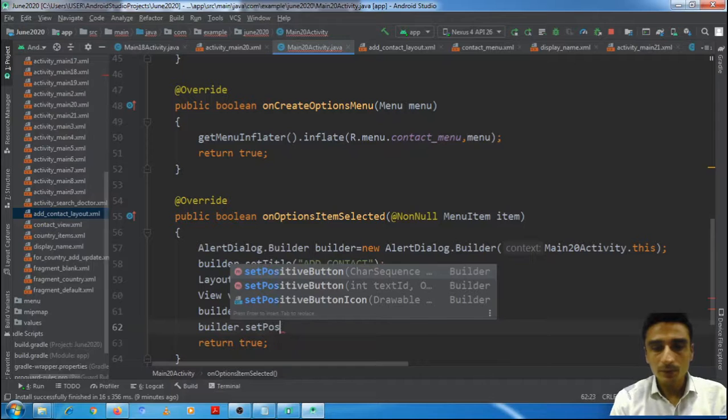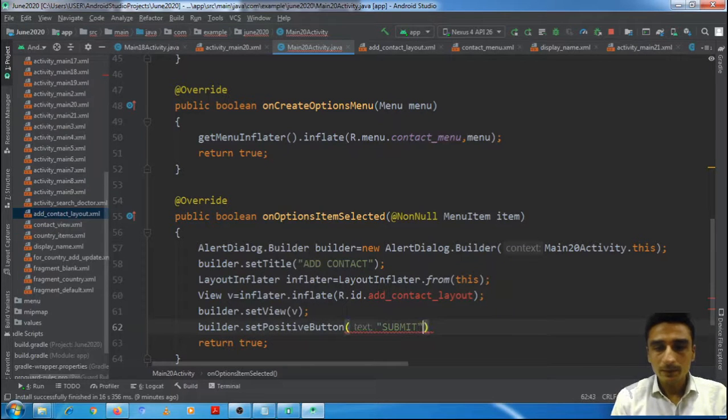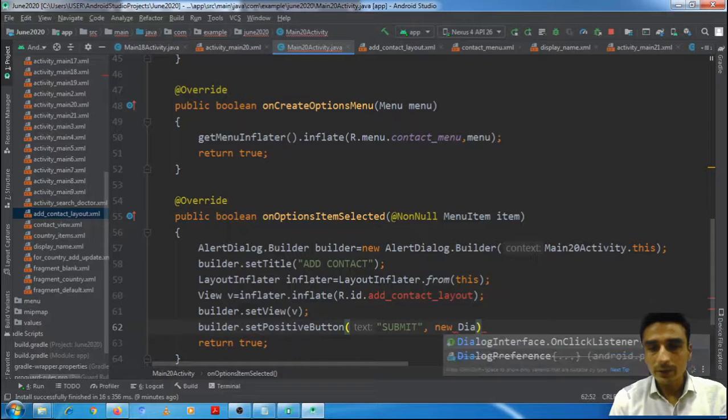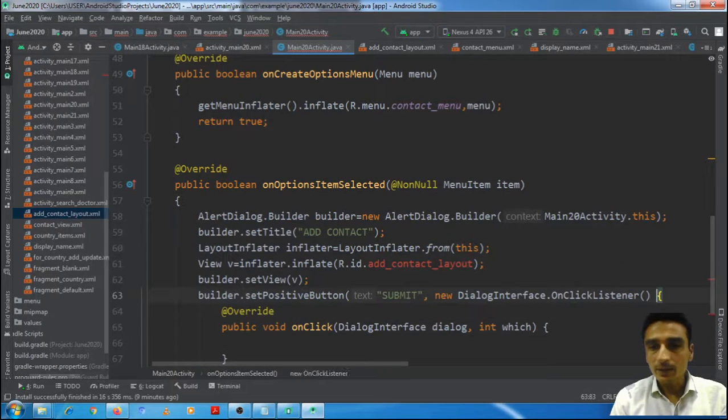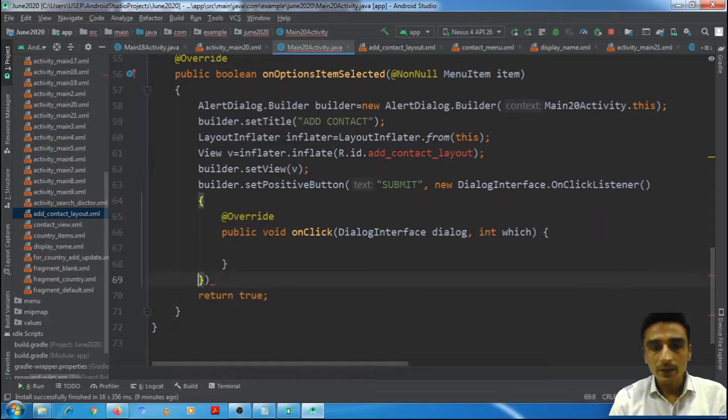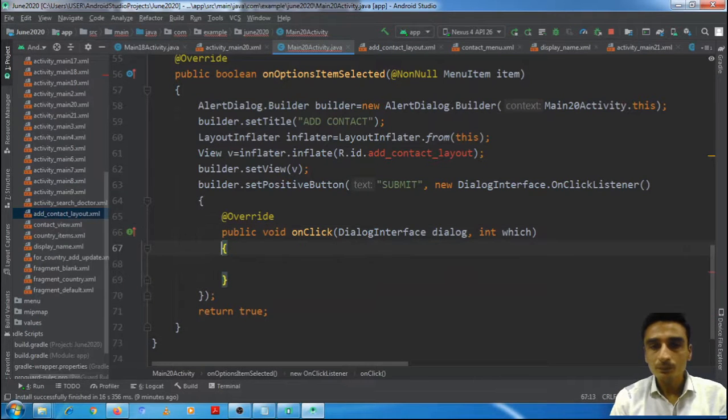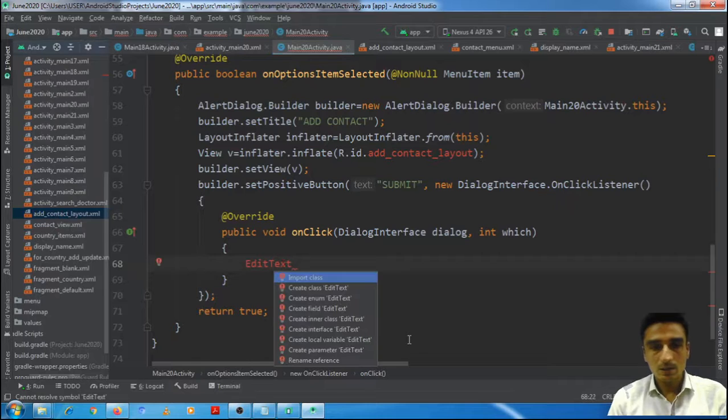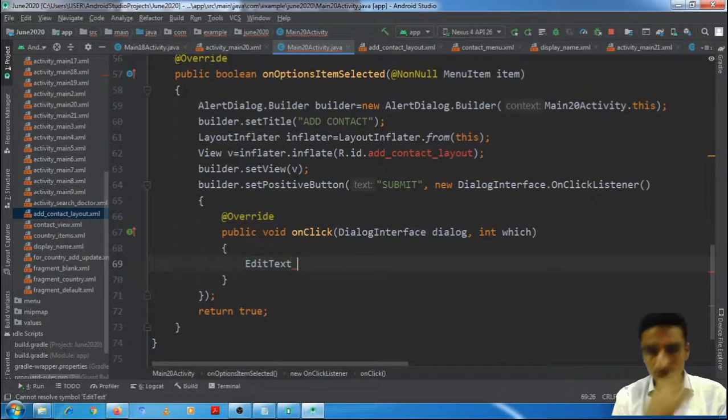Then builder dot set positive button, submit, new dialog interface dot on click listener. When client clicks on this submit button, we need to store that record. We need to add that record in the contacts application. So the record is entered in the two edit texts.